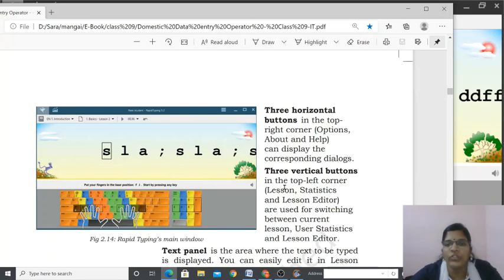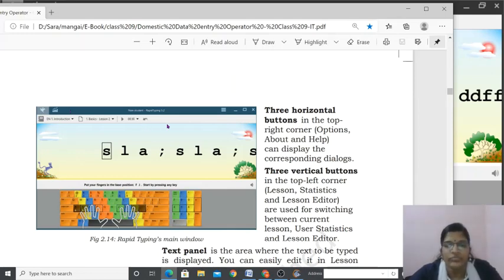In the top left corner, Lesson, Statistics and Lesson Editor are used for switching between the current lesson, user statistics and the lesson editor. Let me show here. This is the current lesson, this is statistics, this is lesson editor. That is what they have said. You can see the statistics of your typing and you can go to the lesson editor. So these are the three buttons. Another one is like a pen, which is called lesson editor.